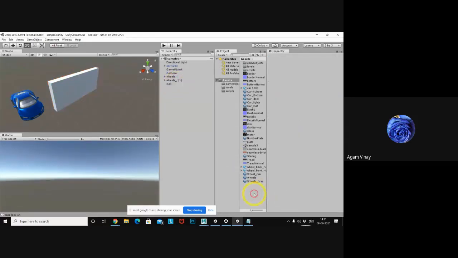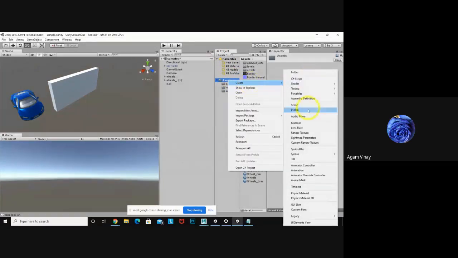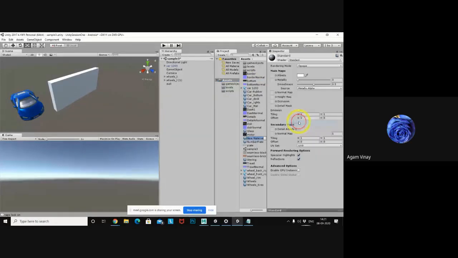So I want to create one material in the project: right click in assets, create material. Material is nothing but the top of the surface for the object or the 3D model. So I am creating a material with the name wall texture.